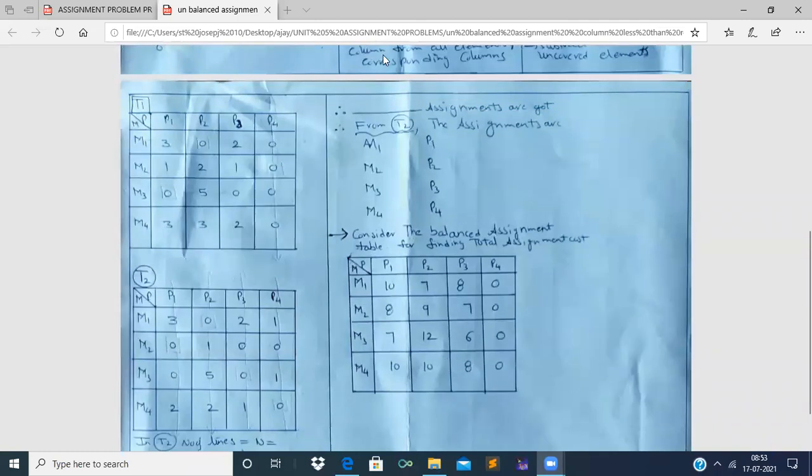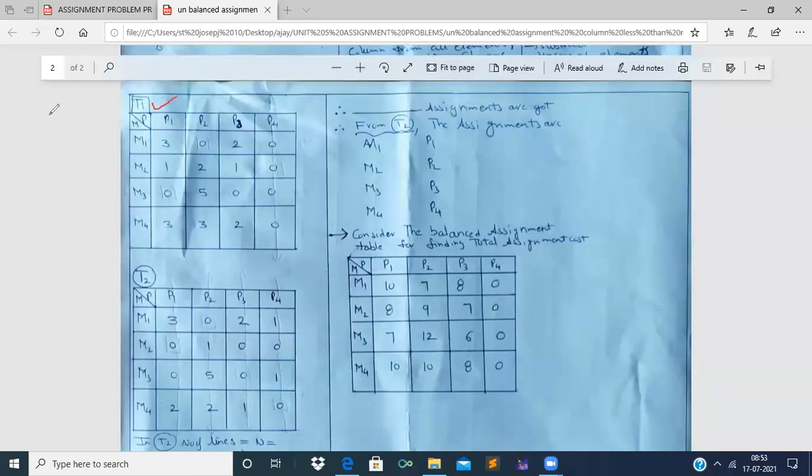Right now, let us start. Now it is the table T1 which I have written again for reference in this page. Actually, there is no need of writing this table T1 once again, as it will be in the above paper, so don't get confused. It is the table T1, in which assignments are as follows. So it is a lucky chance for you people to make assignments once again, in table T1.